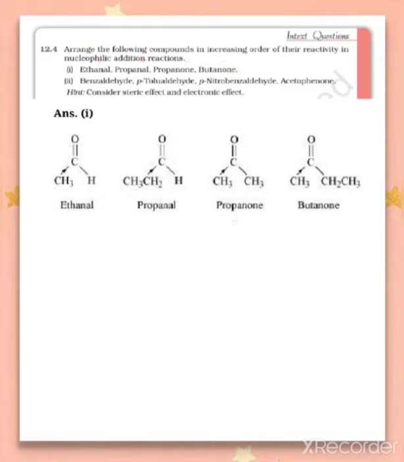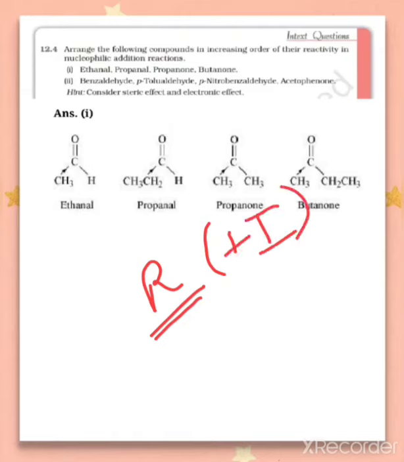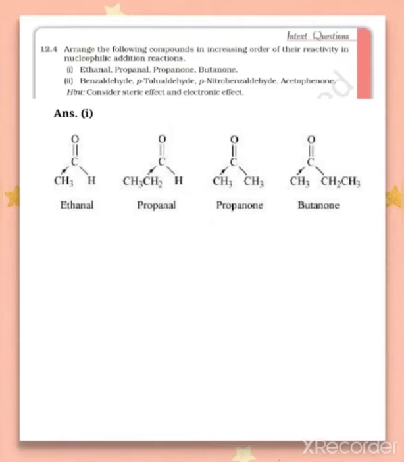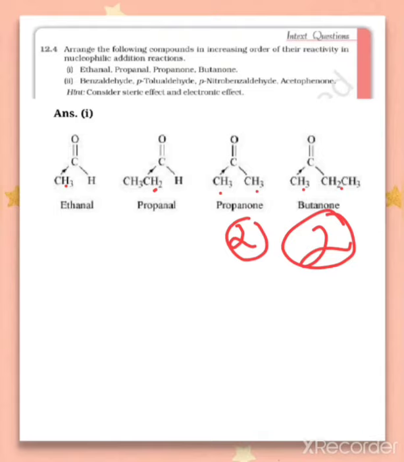As we know that when the plus I effect, that is the number of alkyl groups, that is the R, number of alkyl groups increases that have a positive inductive effect, the reactivity decreases. So when you look at here where the number of alkyl groups are more, you can see here there is only one alkyl group. Here also there is one alkyl group, but here there are two alkyl groups, and here also two alkyl groups are there. So the number of alkyl groups increases, and if the bulkier group is there, we can say that the reactivity